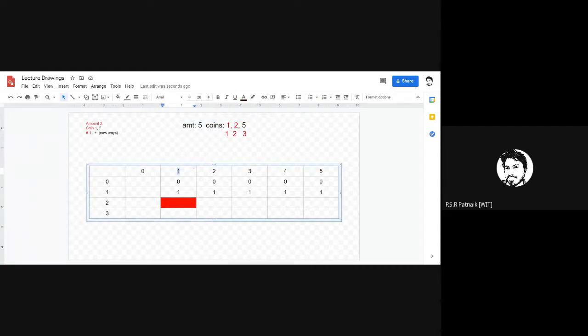So in this case, what would be your solution? It would be nothing but your previous solution. Consider my amount was 1 here. So the earlier problem is amount 1, coin 1. How many ways can I realize this? By 1, right? To this earlier problem, I added 2 as a new coin. The value of this currency denomination is greater than the amount being realized. So can I realize that? It's 0. So what is the new number of ways? The new number of ways I can realize this is 0.